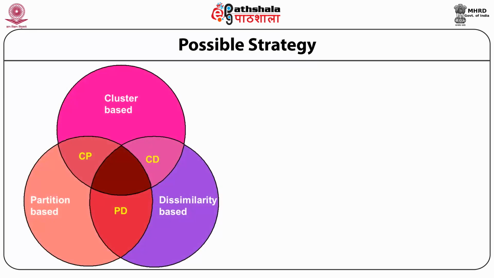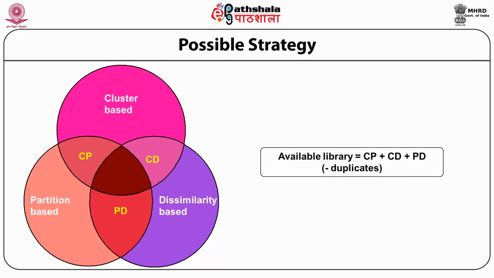A simplest possible strategy is that we can find the compounds based on cluster. That means we can pick up a few clusters. Depending on the density of the cluster, we can pick up the number of compounds. We can as well select a set of compounds which are partition based. We can as well select by dissimilarity. And then what we should do, as shown here, is to include all three sets of compounds, which can have a superimposability or commonness between the sets of data, and that minus the duplicates or redundant chemicals would give us a good diverse set of compounds.